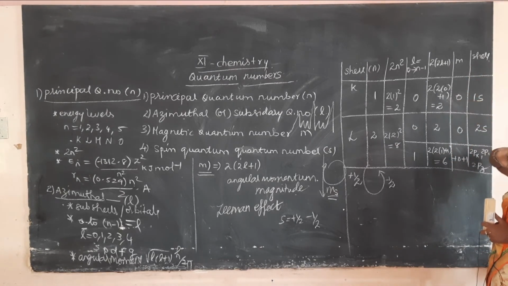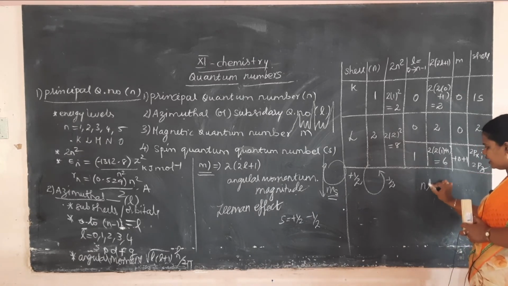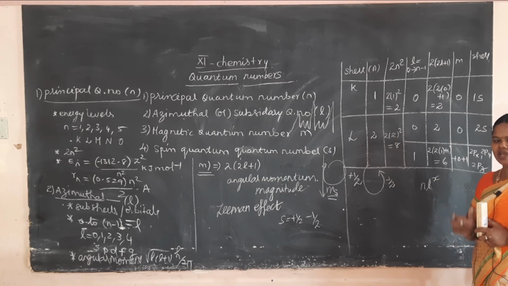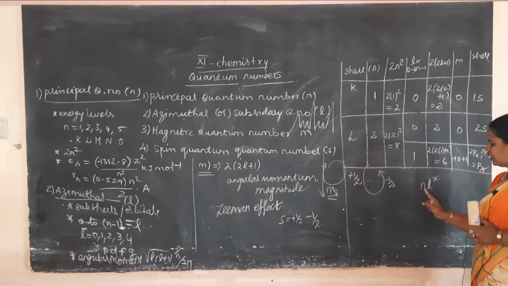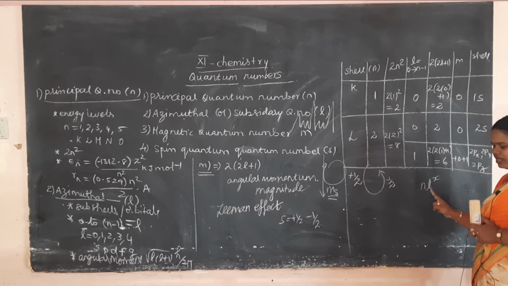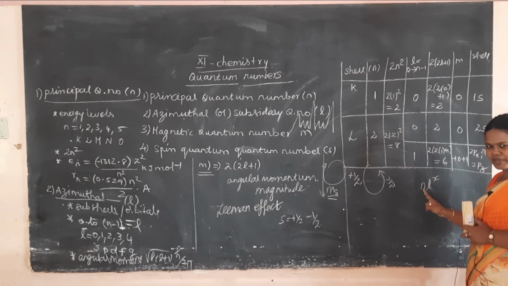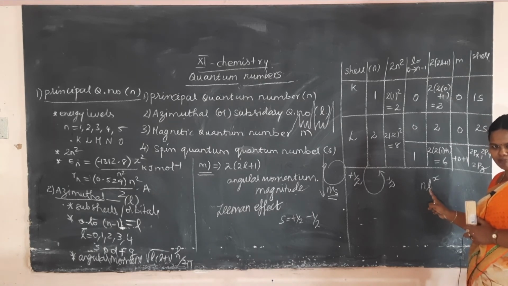Now the electron configuration is represented as n L power x. ஒரு electron உடைய designation எப்படி ரெப்ரசன்ட் பண்ணுவாங்க அப்படின்னா NLX அப்படின்னு ரெப்ரசன்ட் பண்ணுவாங்க. N is the principal quantum number, L is the designation of the orbital and X is the number of electrons. புரியுதா? N வந்து principal quantum number, L வந்து designation of the orbital, S ஆ P ஆ D ஆ F ஆர்பிட்டலா அப்படின்னு சொல்கிறது. Then X is the number of electrons.